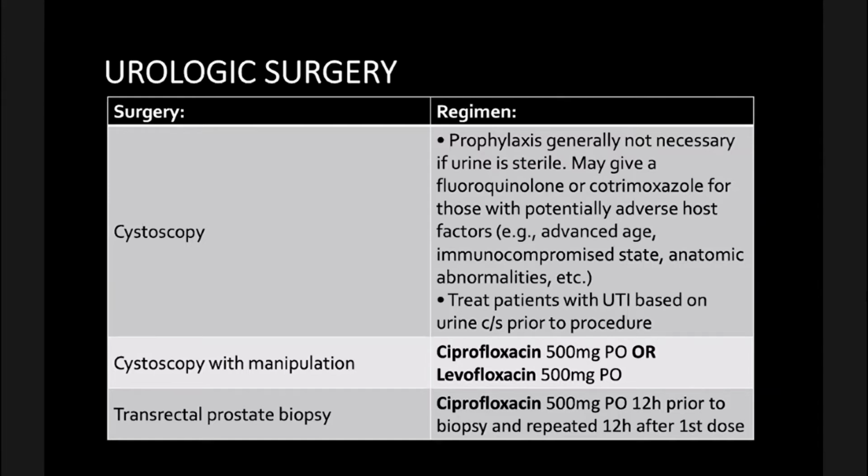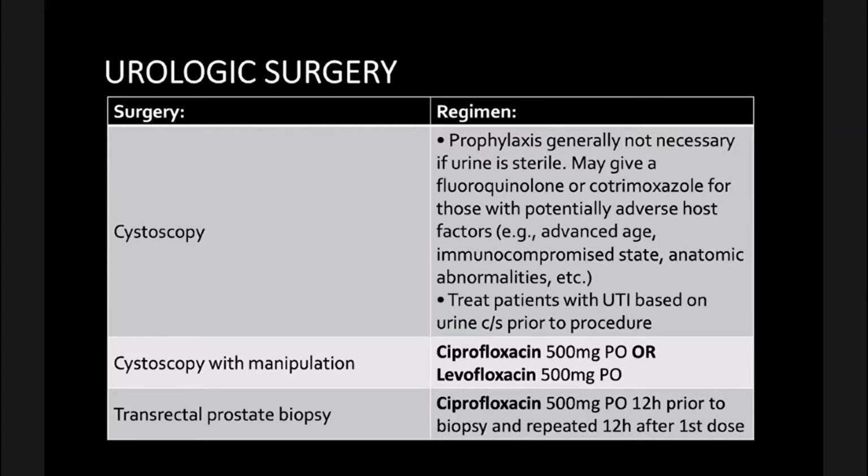prophylaxis is not necessarily indicated if urine is sterile. So you can determine that by urinalysis. You may give also a dose of fluoroquinolone or cotrimoxazole for those patients with advanced age, immunocompromised, and anatomic abnormalities. But first, you have to treat patients with UTI based on urine culture and sensitivity prior to your